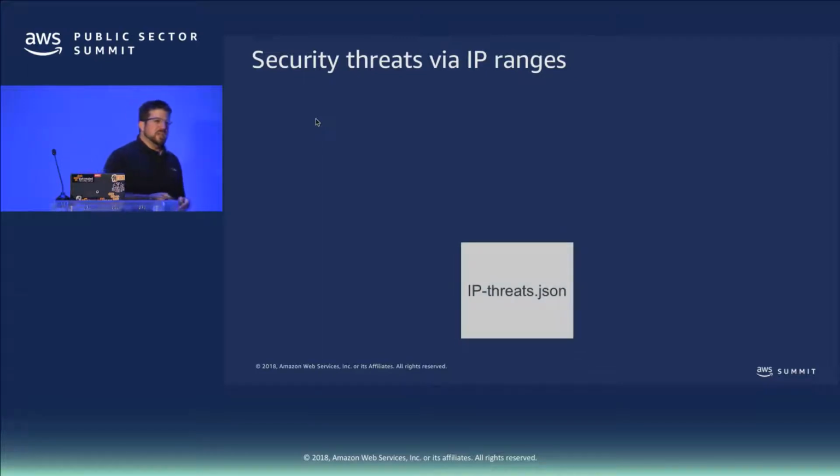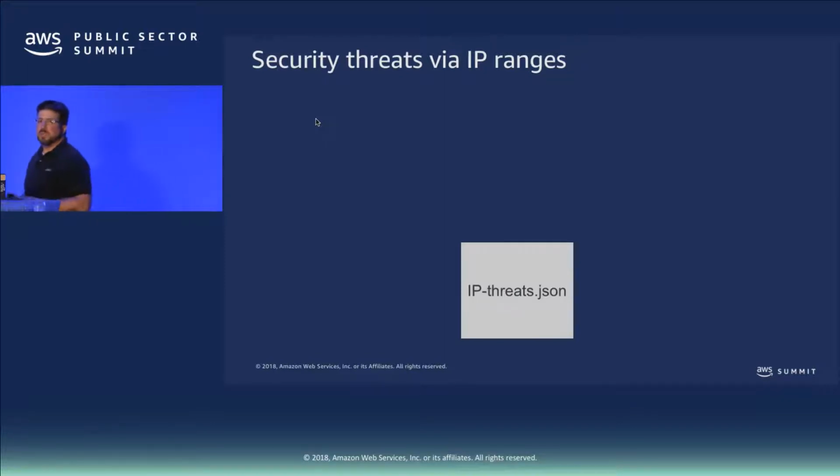What we're going to do is basically identify a list of actors that we're going to classify as hostile to our community. And we're going to put that inside of a JSON file. And in this case, I'm labeling it IP threats. So this would contain CIDR ranges of folks that we know are being malicious, both from our AWS logs, as well as perhaps aggregate logs that you have from information sharing agreements or through your own telemetry that perhaps you're